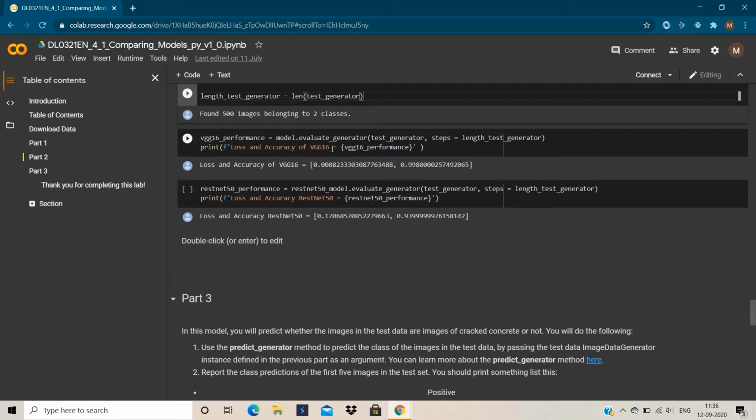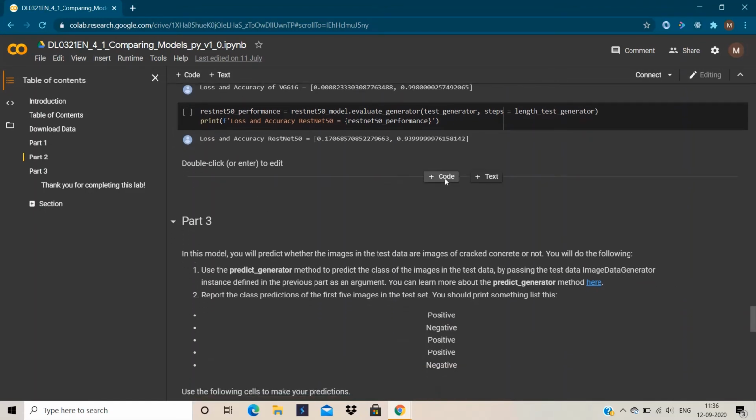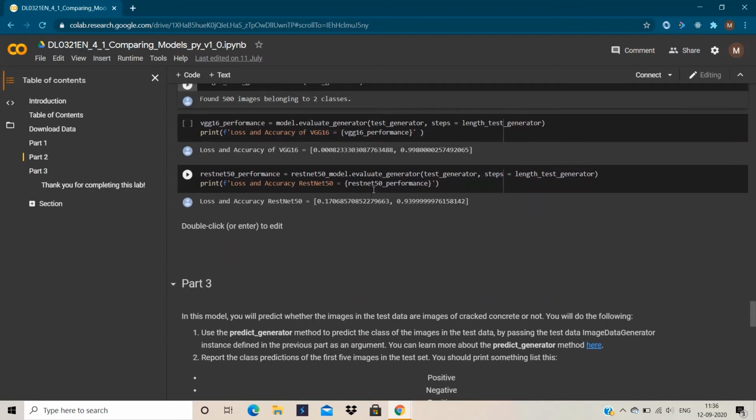And similarly we are going to do the evaluation on ResNet50 as well. After evaluating, you can see the loss is very low in both cases, as VGG16 has an accuracy of 99.8% and ResNet has 93.9%. Both are working well.